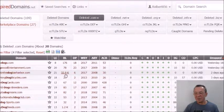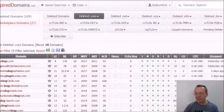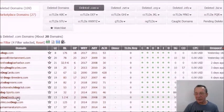Okay, that would be something I might look at, but just because it's got Bar Harbor here, I don't know if I would pick that. Here's one down here, Dirty Dog Deeds. Now that would be a cool domain name, right? So I like that. I like the sound of that. DirtyDogDeeds.com. That's pretty cool. Okay, so now what you want to do is you want to make sure that it